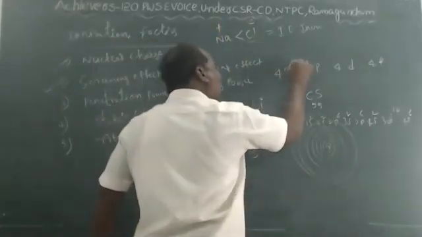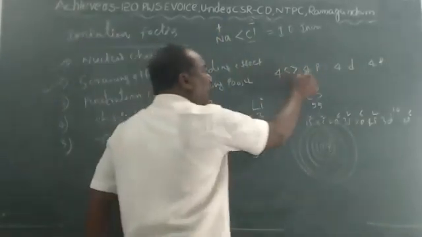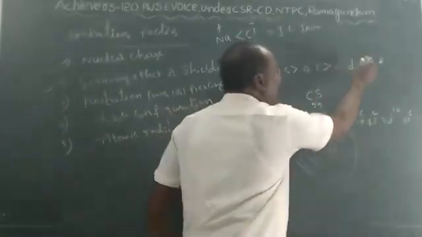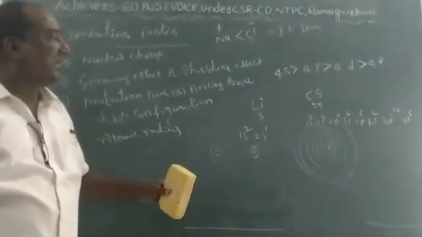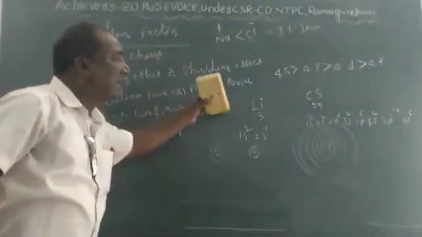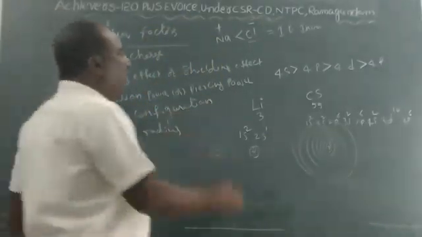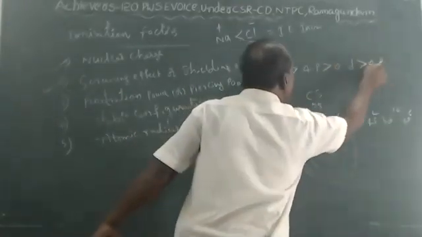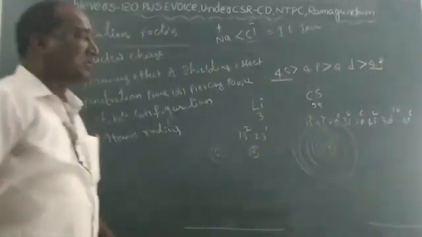Here, 4s penetration power is greater than 4p, 4p penetration power is greater than 4d, and 4d penetration power is greater than 4f. So by this we conclude that the main shell consists of subshells with different penetration power. Compared to 4f, 4s has more penetration power. 4f has the least penetration power, children.